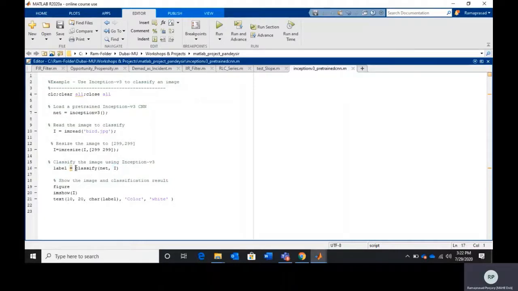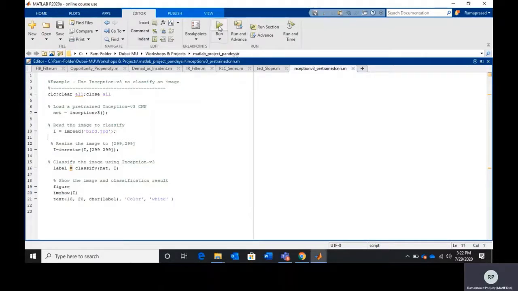This function will classify and give me the highest match, and the name of the class the image is classified into will be available. If I want, I can display the image using the imshow function, and I can also print the text over this image using this function.